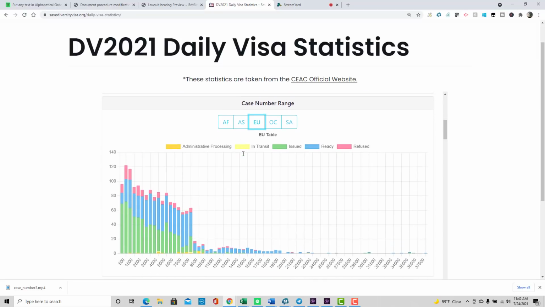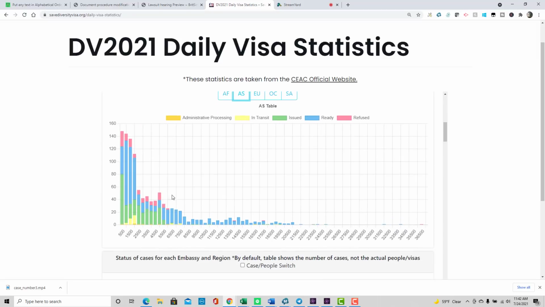You'll notice, for example, if I take the case of Asia, Asia has, for some reason that let's say we don't understand why, in the first 2,000 case numbers, your case is twice as likely to have been processed as if your case number was between 3 and, let's say, 5,500.